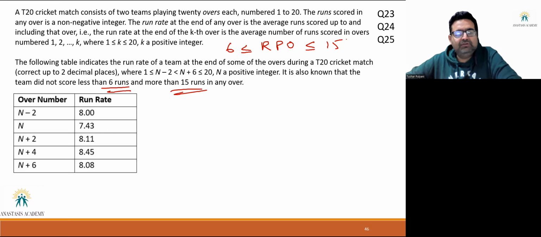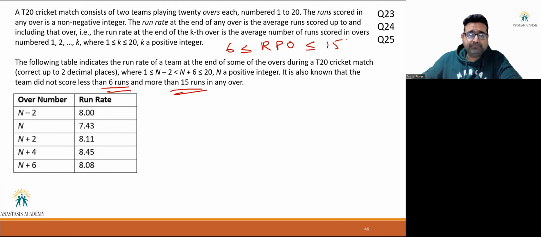Now, see, this question looks a bit of calculator, right? A lot of people will say value 7.43, 8.08, how do I do this? But see, it has to be integers. The number of overs has to be integer. It is written there also, but we know that as well, right? While calculating the average, n has to be integer. K was given as an example, so n has to be integer.